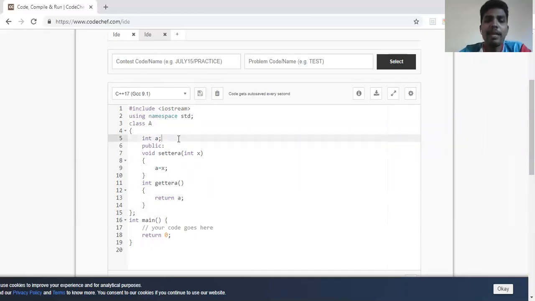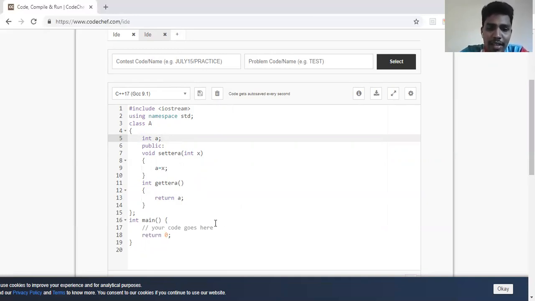The data has been kept private. The only thing is we have certain member functions, which we call getters and setters. In some modern IDEs, whenever you design a class, in the edit option you have a button to click, which automatically creates getters and setters based on your data members. If you have 2 data members, it generates 2 setters and 2 getters. If you have 3 data members, it generates 3 setters and 3 getters. But since I have only 1 data member, I've kept it private and used a getter and setter function to initialize the data member and also to get its value.